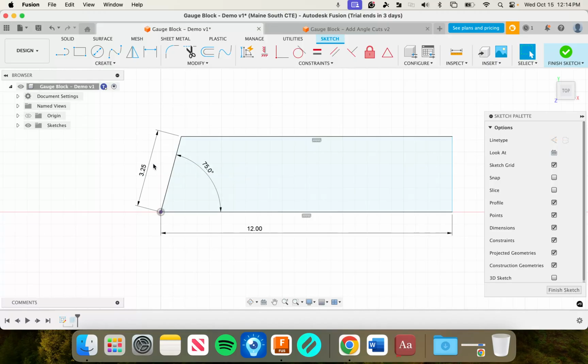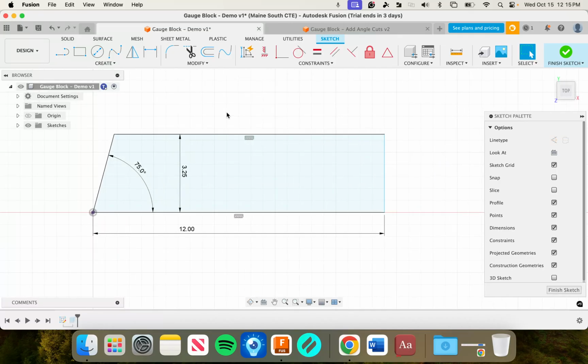Okay, now the downside to this is this dimension is now on an angle, which means that it's probably not the correct size. So I'm going to get rid of that dimension very quickly, and I'm going to do a different dimension. That's going from the top edge to the bottom edge, and you notice how that is not 3.25. So I'm going to change that dimension location. So notice when I move that angle, that dimension changed. It went onto an angle to be aligned with that line. Since that line would have to be longer to get to this distance, I did a different dimension